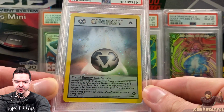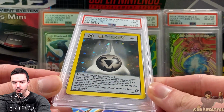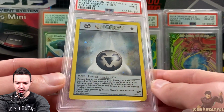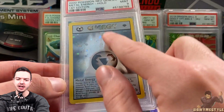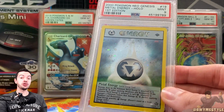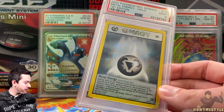And I feel like if I have this reviewed, at some point they're going to give it a 10, because there's nothing wrong with it. There's no print lines, it's got really good centering, the back is fantastic. I just feel like it's one of those situations where I'm getting a grader who's probably used to grading sports cards or something like that. But the thing about this card is it's so hard to get a Metal Energy as a 10 that if you have it as a 10, number one, it's worth a good chunk of money, and two, I think I'm going to try to hit the population report,